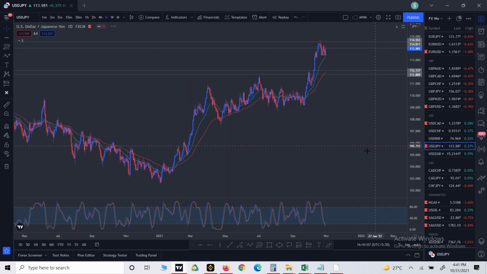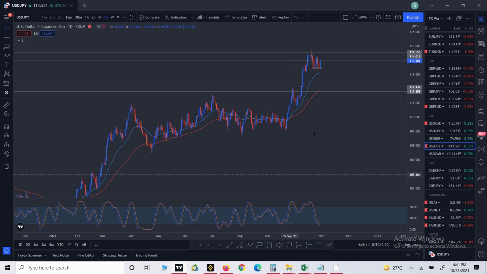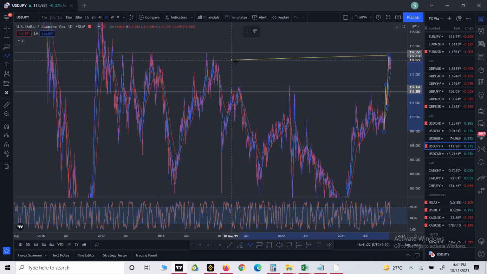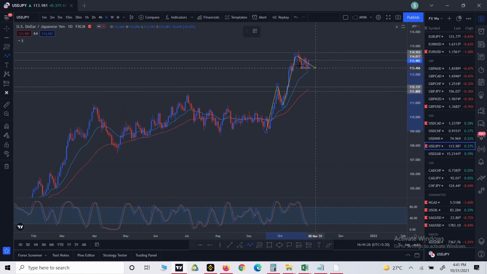Next, if we talk about USDJPY. USDJPY, starting from here, we are going to say high, higher low, higher high. This was the zone, or you can say a very strong resistance zone. So once the price hit this zone, we could have played this move on the lower time frames, actual short moves. Anyways, for now, as we are making higher highs and higher lows, if the price reaches this